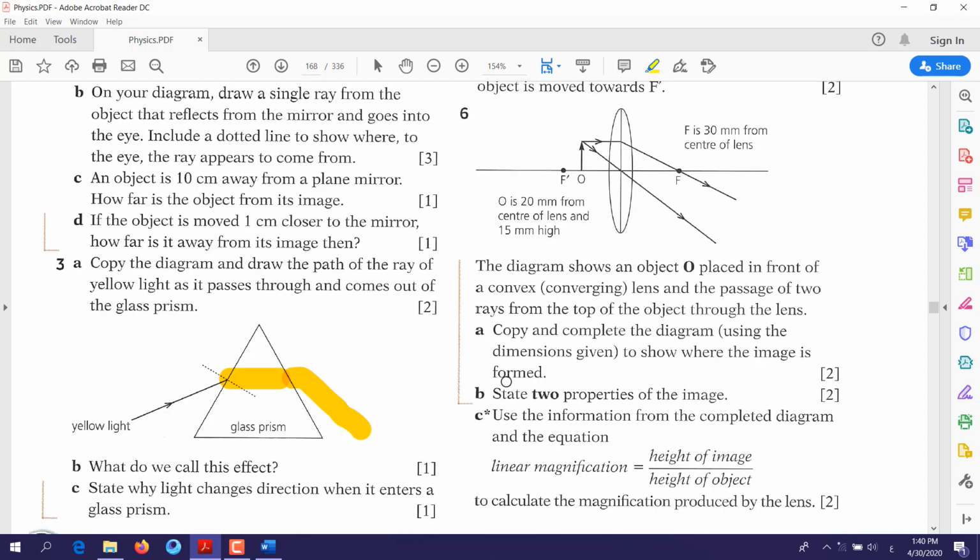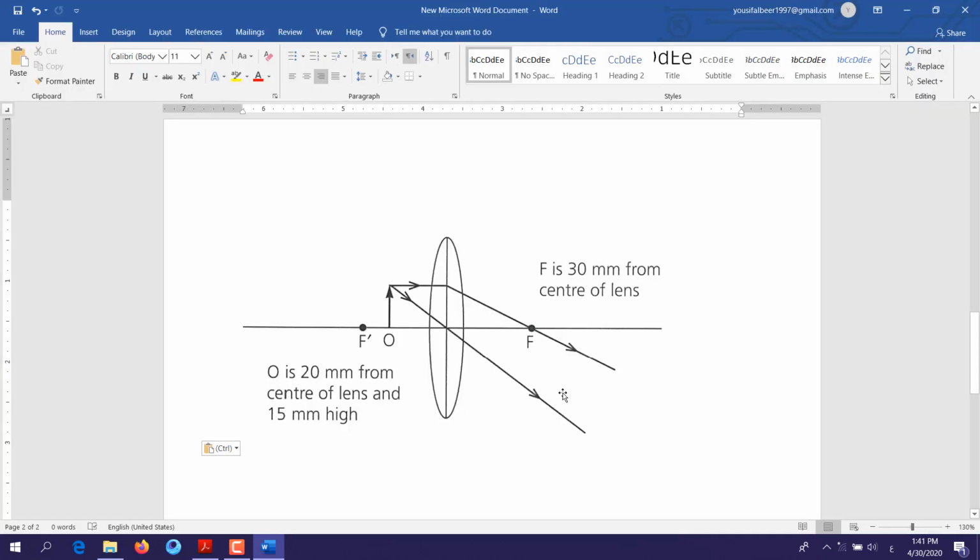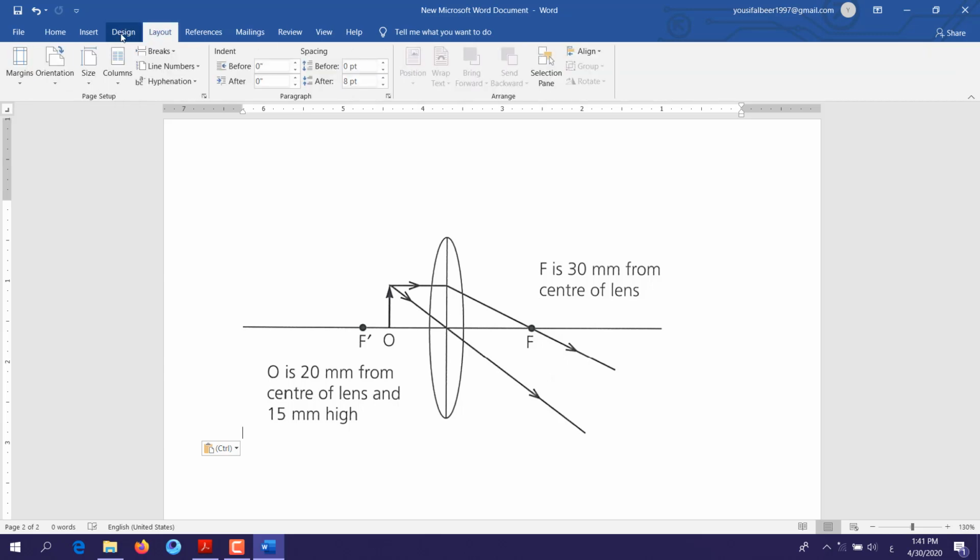Question number 6. The diagram shows an object O placed in front of a convex lens, and the passage of 2 rays from the top of the object through the lens. Copy and complete the diagram using the dimensions given to show where the image is formed. Here is the way to draw the virtual image. What you will do,